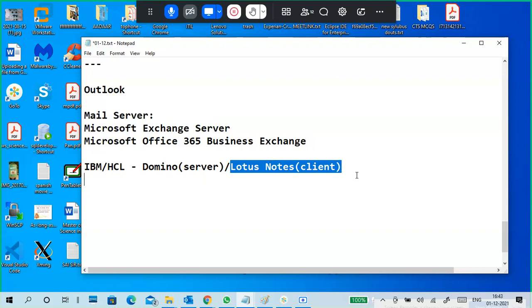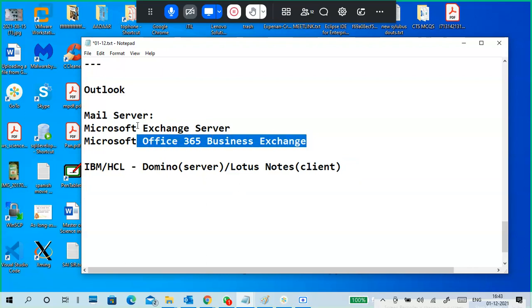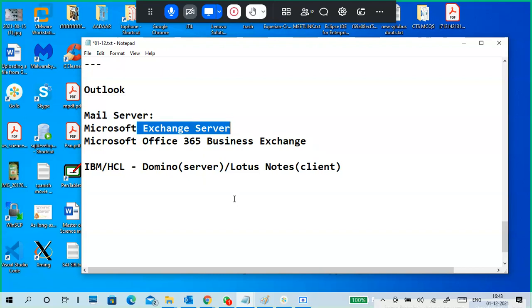Also better to check it, because when you are working in an organization, mostly HCL uses Lotus Notes as the client side thing. Server side, if you know it or not, it is not a big deal, but client side is required. Like I need not know how the Office 365 Exchange server works, based on my organization.